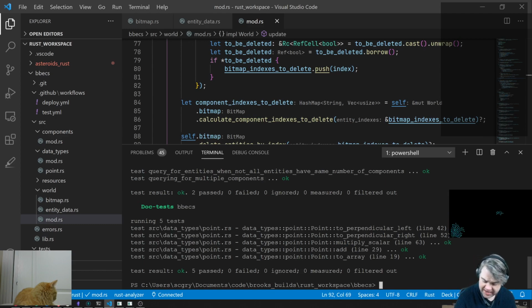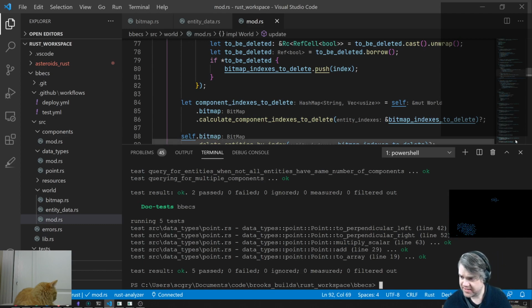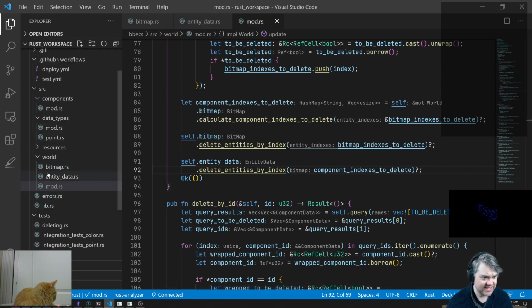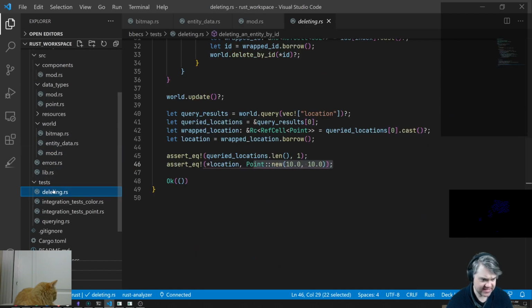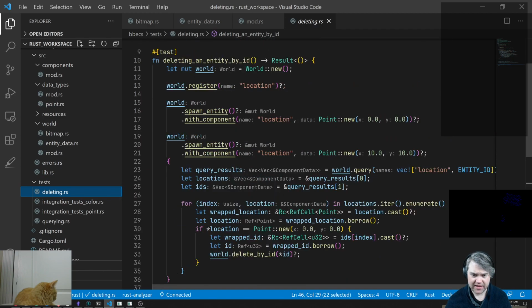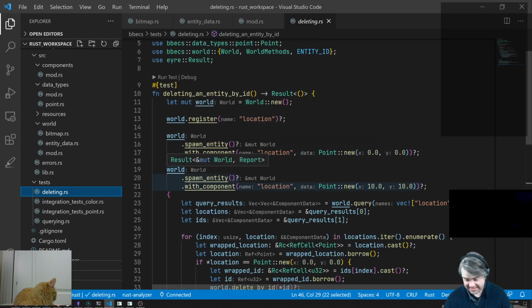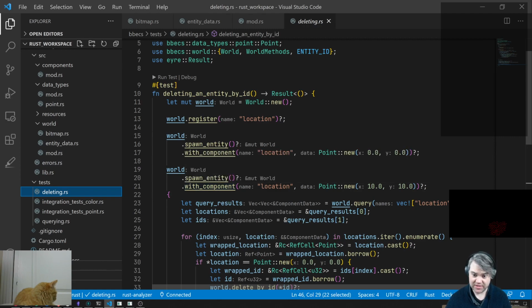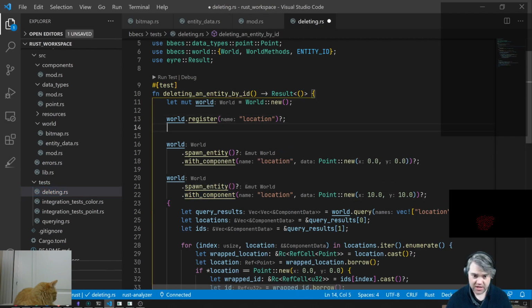Okay, I did. I want to do one more test, maybe a little bit more of a complexity test inside of this deleting. So we have two entities. We've deleted the first entity and the second entity still exists. What I want to do is make sure that we have entities with different numbers of components. So it's also